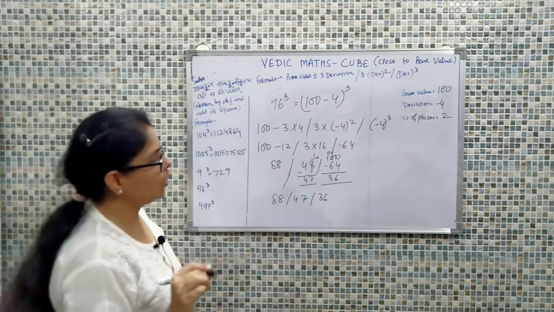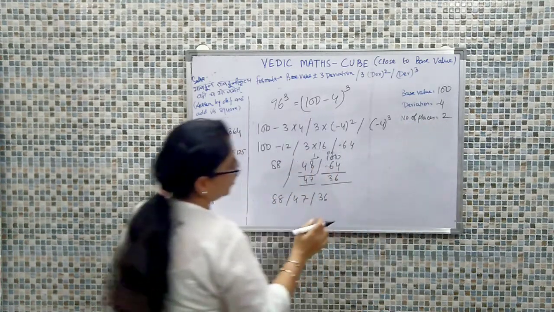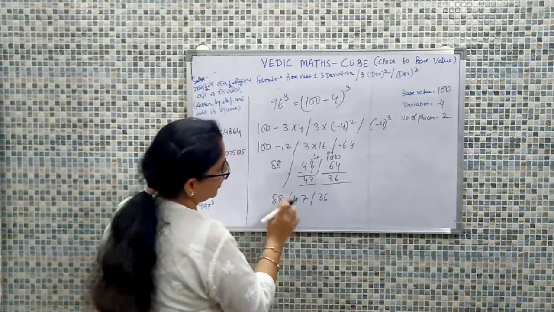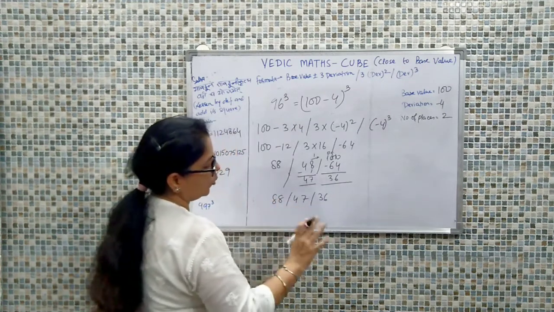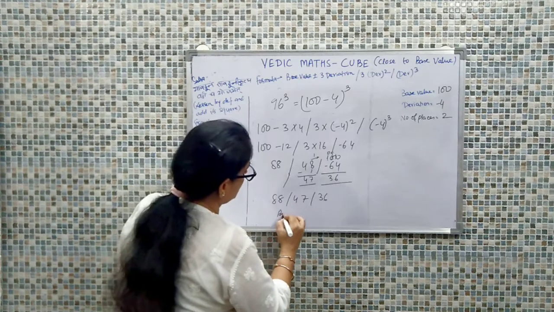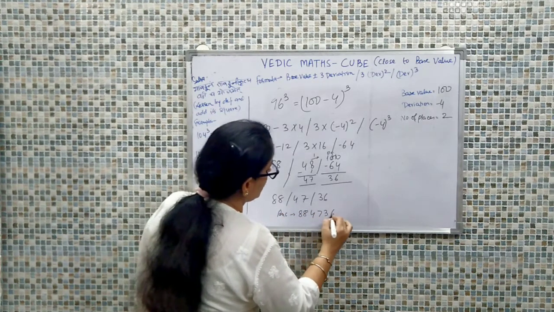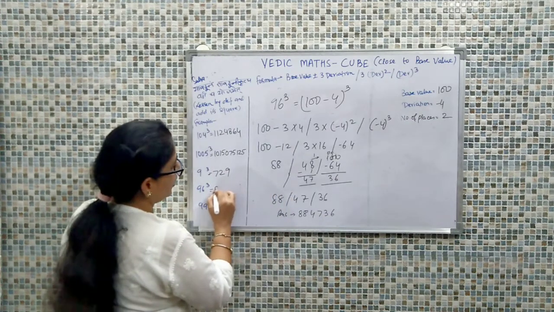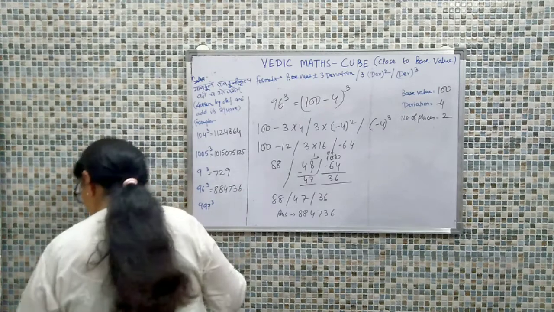The next thing we need to observe is how many places we need at each portion. We need 2 places. So here we have 2, here we have 2, here we are not at all bothered. So we don't have any excess, no overflow, so no further calculation has to be done and the answer is 884736.